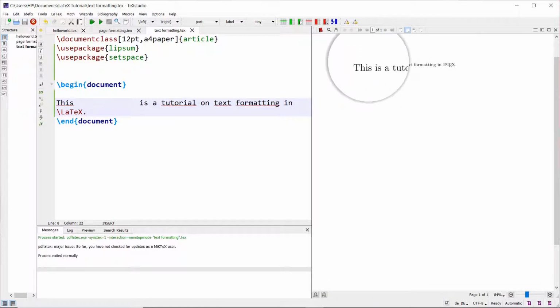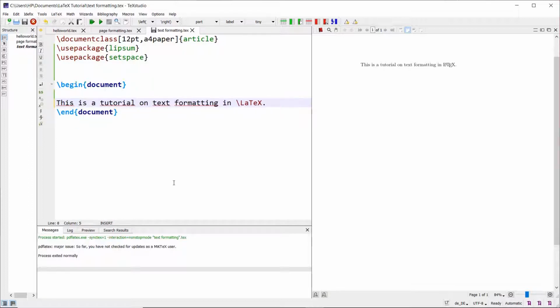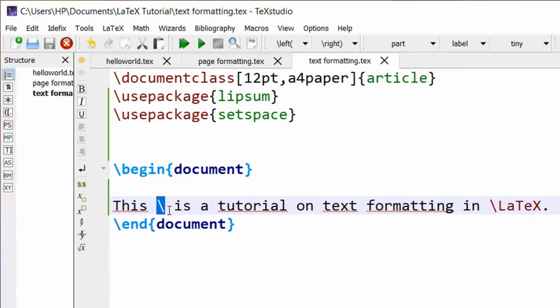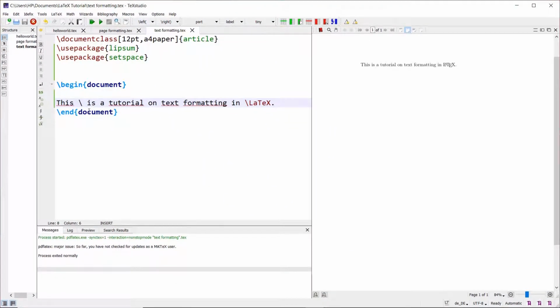This is so because LaTeX is a markup language and it removes unnecessary spaces. Now what if in my text I want to retain the spaces? Of course you can notice here I have given so many spaces, but not even two spaces have been displayed in this output. Now how do I do it? Suppose I want to specify two spaces between this and is word. The way I can do it is you need to specify one backslash. One backslash specifies one horizontal space, an empty horizontal space. Let me run this now.